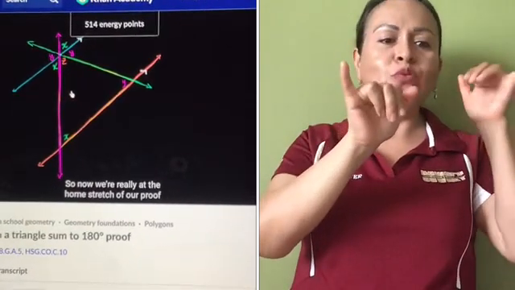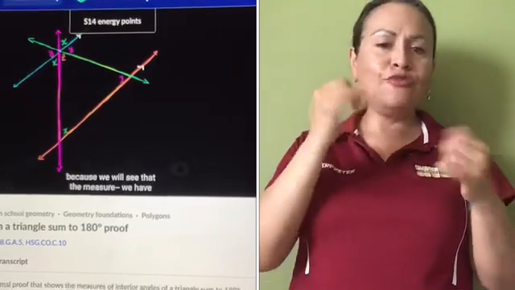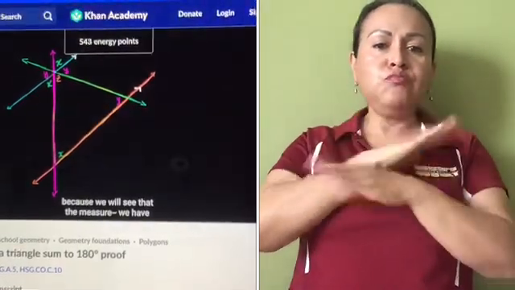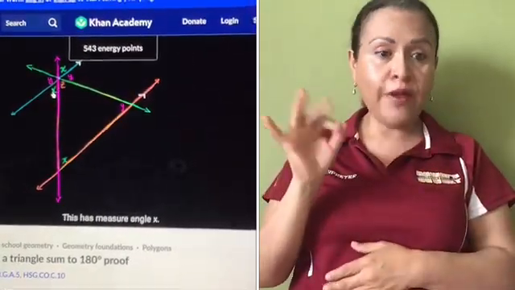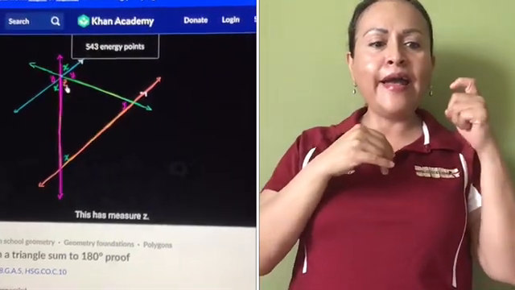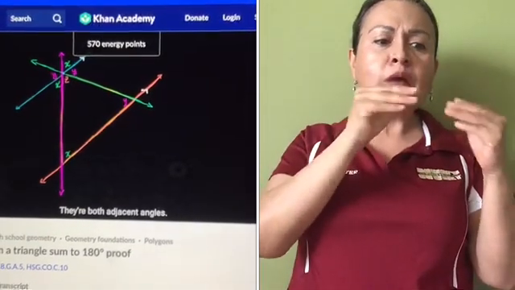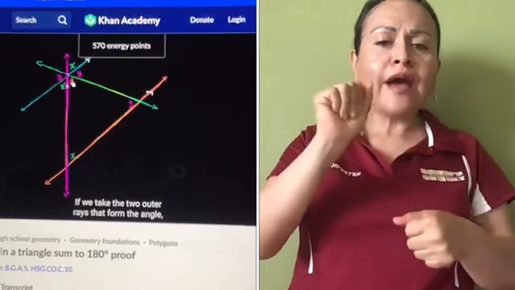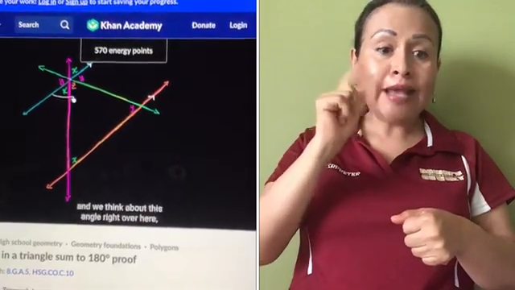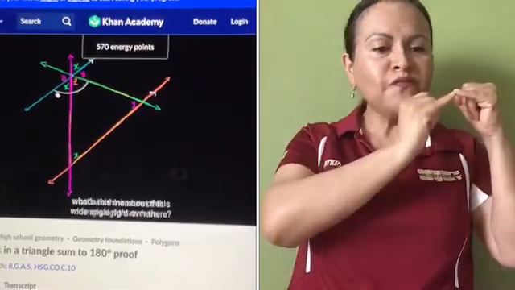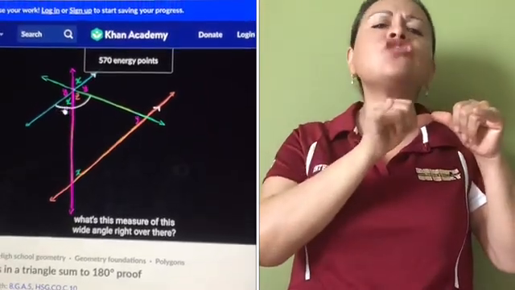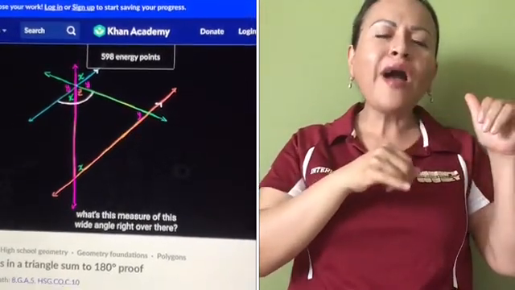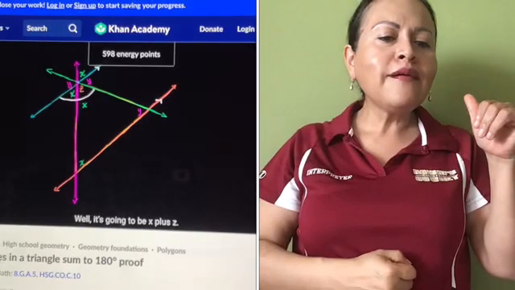So now we're really at the home stretch of our proof, because we will see that we have this angle and this angle. This has measure x, this has measure z. They're both adjacent angles. If we take the two outer rays that form the angle, and we think about this angle right over here, what's the measure of this white angle right over there? Well, it's going to be x plus z,